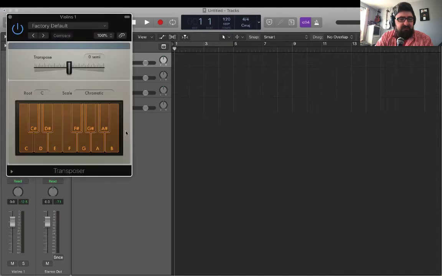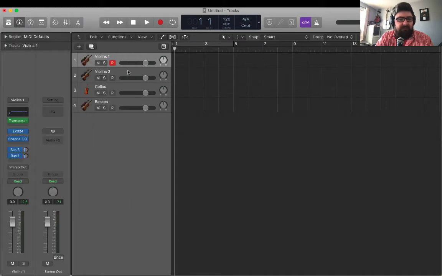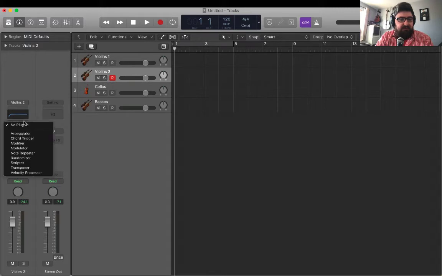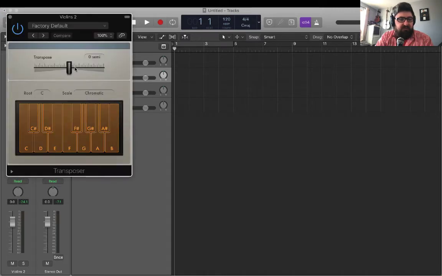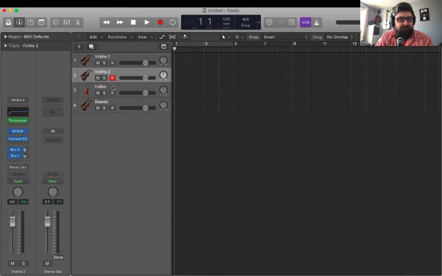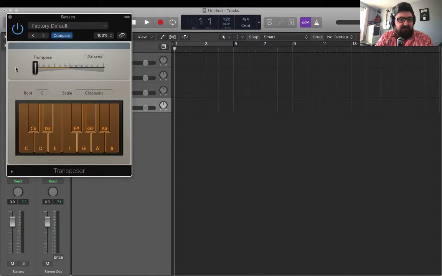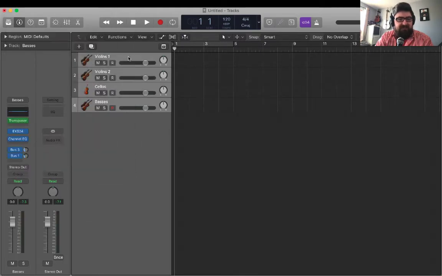I have the transposer and I shift up 2 octaves and then lock it to, let's say, C major. And then I shift on this one, transposer, up 1 octave. And I lock it into C major. Lead cellos where they are, basses. I hit my transposer and down 2 octaves and C major,